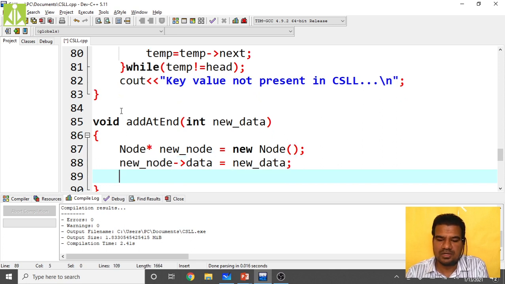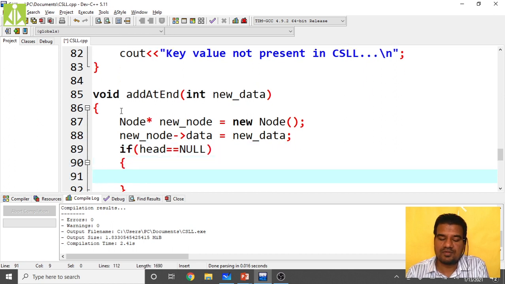Then, after making the new node's data as new data, check if your head is null or not. If your head equals to null, then simple corrections: make head as new_node, head equals to new_node.